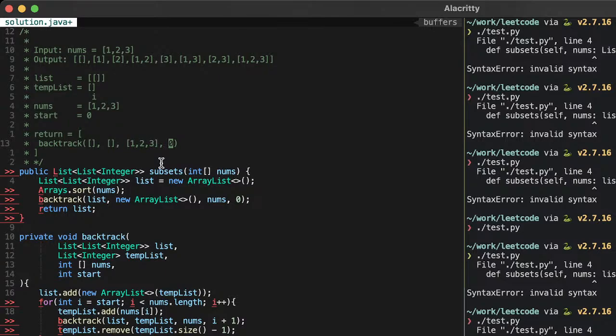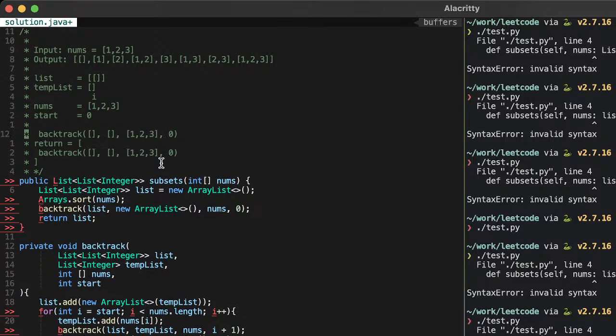We're going to keep track of each call to backtrack and figure out how it is changing our list. So we've got to figure out what's happening with this one.